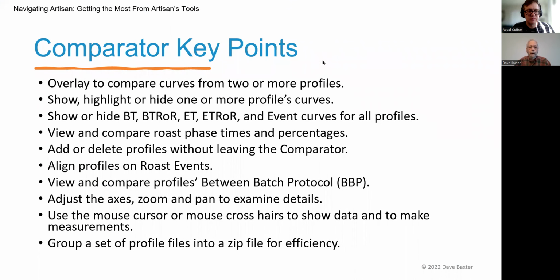Key points with the comparator: use it to overlay multiple curves, and show, highlight, or hide one or more of those curves. You can show or hide your roast curves. You can view and compare the phase timings and percentages. You can add or delete profiles without ever leaving the comparator. Align those profiles on your roast events. View and compare the between batch protocol, a very powerful part of the use of the comparator. Use the axes